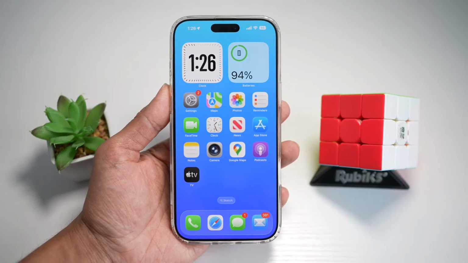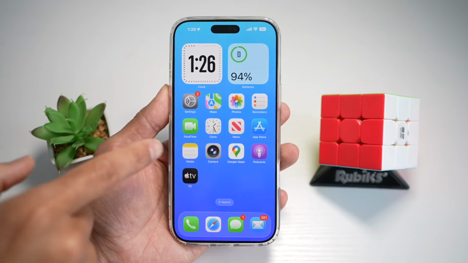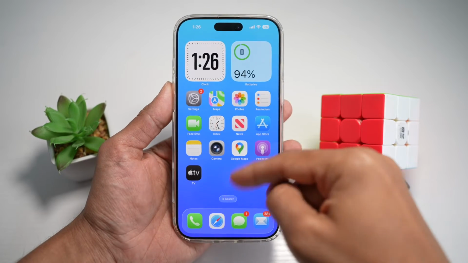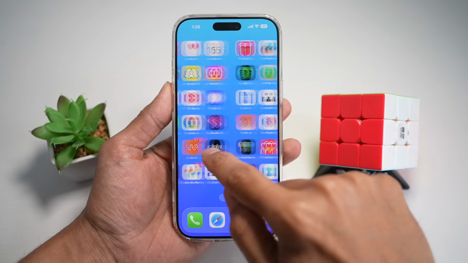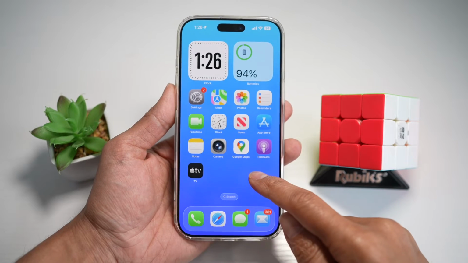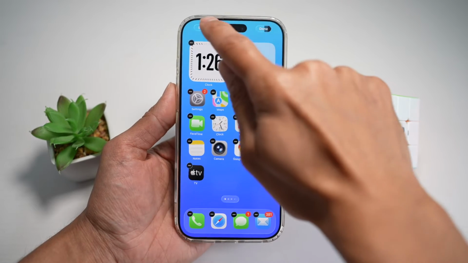In this video, I'll show you how to remove all of these labels under the icons for iOS 26. So if you want to remove those app labels on iOS 26, then let me show you how to do this. So first, you want to go ahead and long press anywhere on the screen, then tap on Edit, and